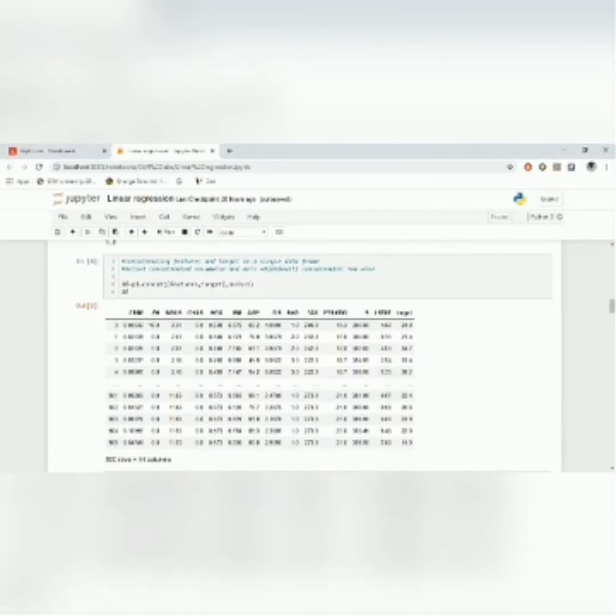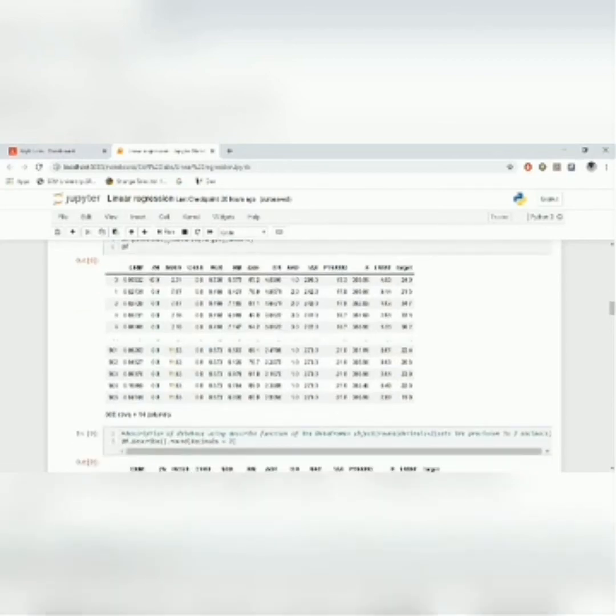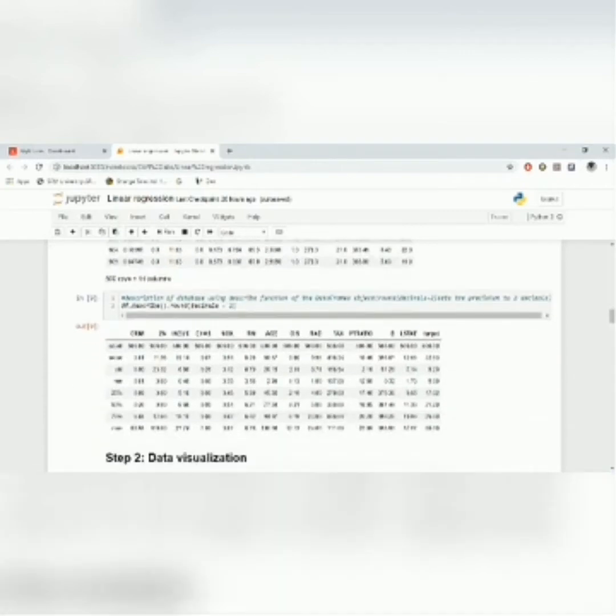Now we just need to concatenate the features and the target into a data frame. We can use the concat function of the pandas library, and axis equals 1 denotes the column-wise concatenation. The default is axis equals 0, which is row-wise concatenation. We can also use the describe method of the data frame object to describe the mean, the standard deviation, the count, min value, the percentiles, and the max value,